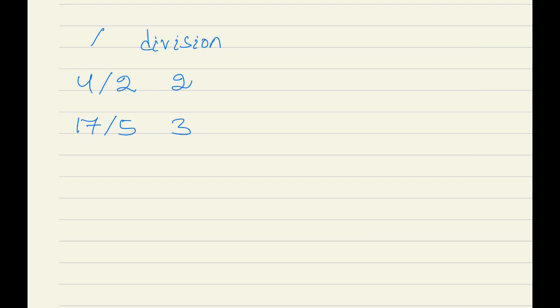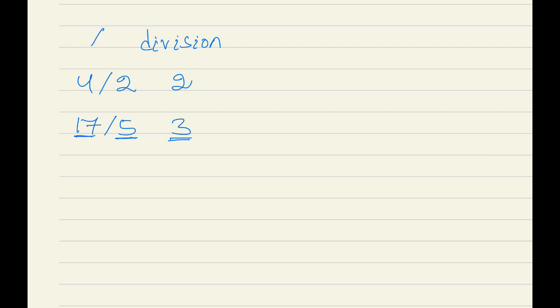We get 3 because when both the operands are integers, this division produces an integer result.